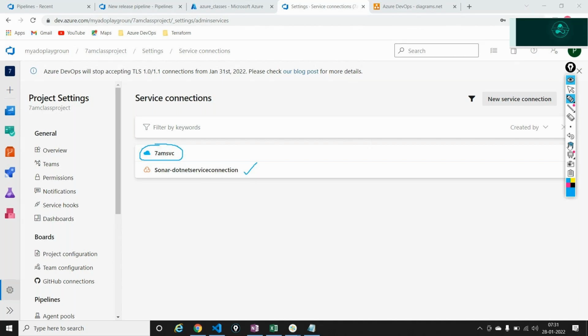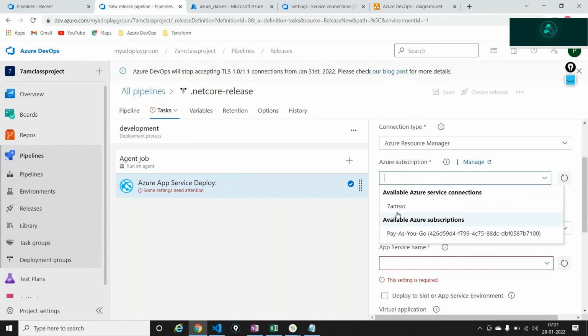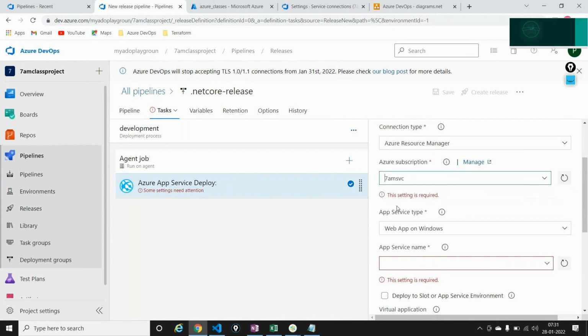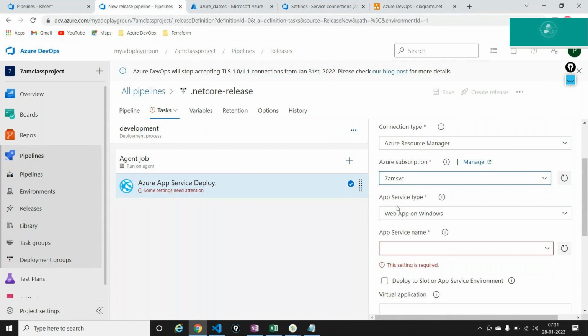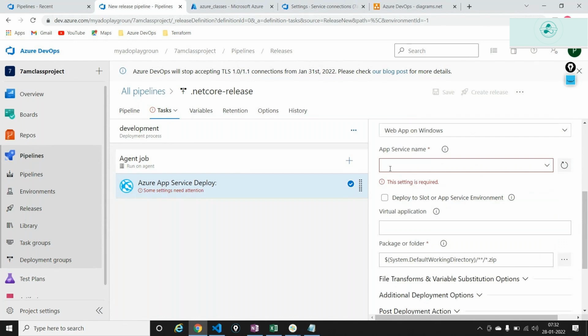Now what I'm going to do is go into my release pipeline, do a refresh out here, and select my service connection called 7am SVC. This is the service connection that I do have. I'm selecting the 7am SVC out here. And now it's asking me where I want to deploy it. I'm saying this is web app on Windows, and it's asking me what is the name of the app service,